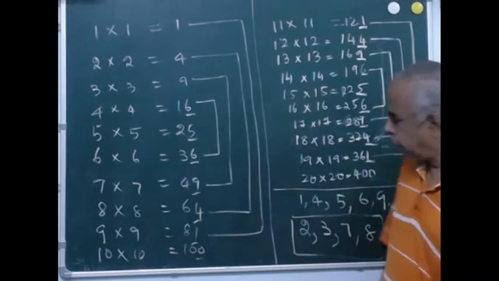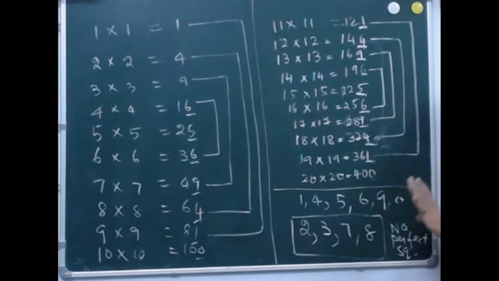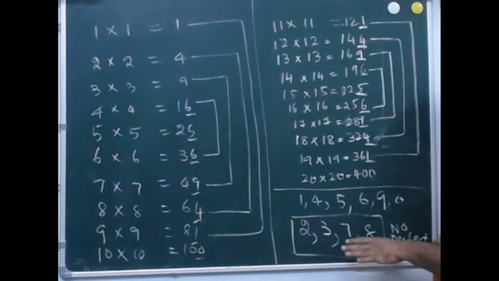So here I have mentioned 2, 3, 7, 8. These will never give you a perfect square. This is a trick. Actually it's Vedic mathematics. These patterns were developed by our forefathers. Our Indian mathematicians have done wonders with this. So you can be sure about not getting a perfect square with the unit digits 2, 3, 7, 8. Never forget: 2, 3, 7, 8.